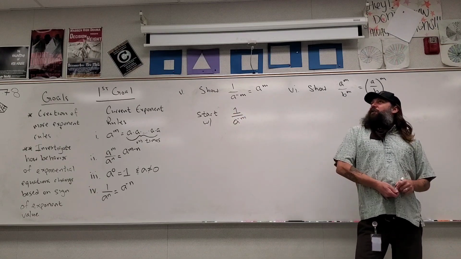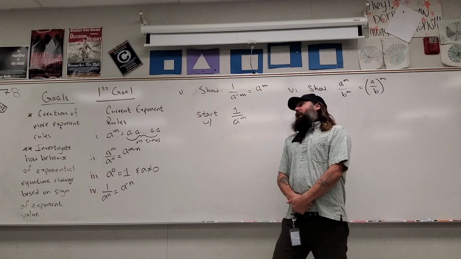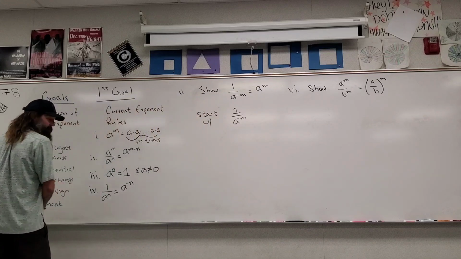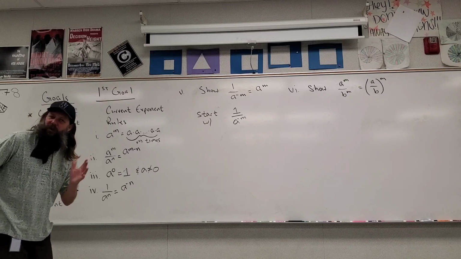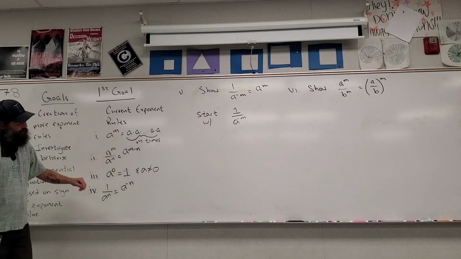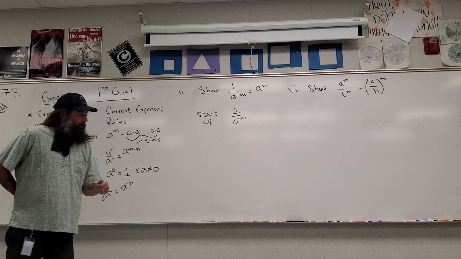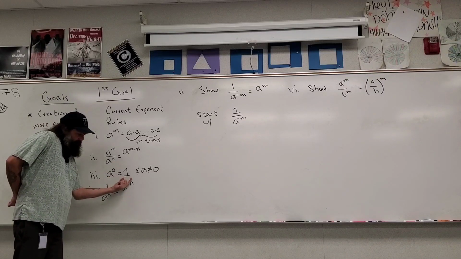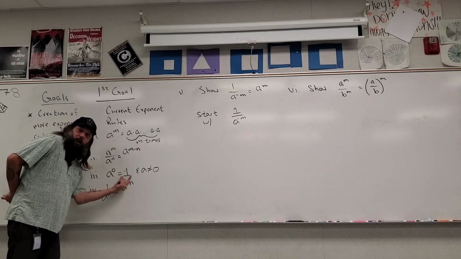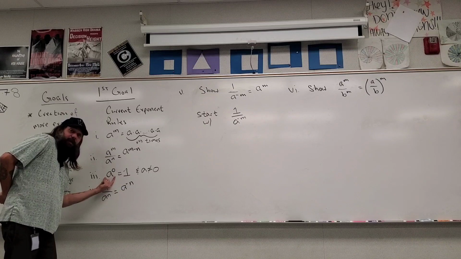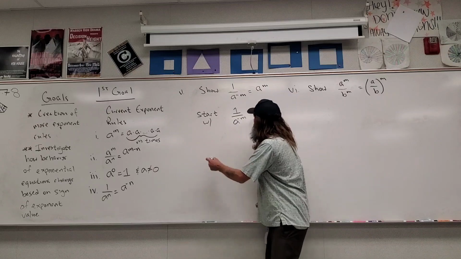Now, I should also mention this. We have a very, what I would call Pavlovian behavior when it comes to reading equations. What that means is we're kind of trained without knowing that we're trained. And so whenever you see any of these rules, you see them from the left to the right, because that's how we read, right? But equations also work from the right to the left. So I mention that because I have the number 1, which means I can replace it with a to the power 0. So, by rule 3,